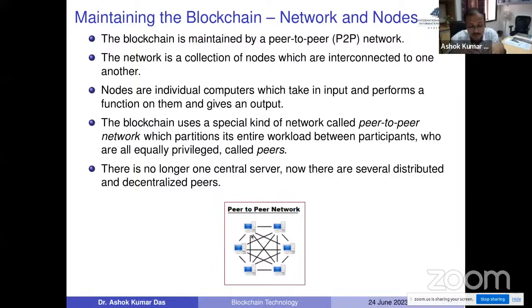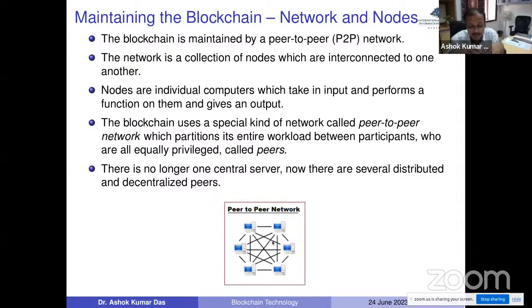So in this network, suppose there is a node, and if there are n number of nodes, each node can communicate directly with all other nodes in the network. As a result, if we take this network as an undirected graph of n nodes, it is a complete graph. Hence the number of edges or links will be nC2, that is n(n-1)/2 links or edges in the network.